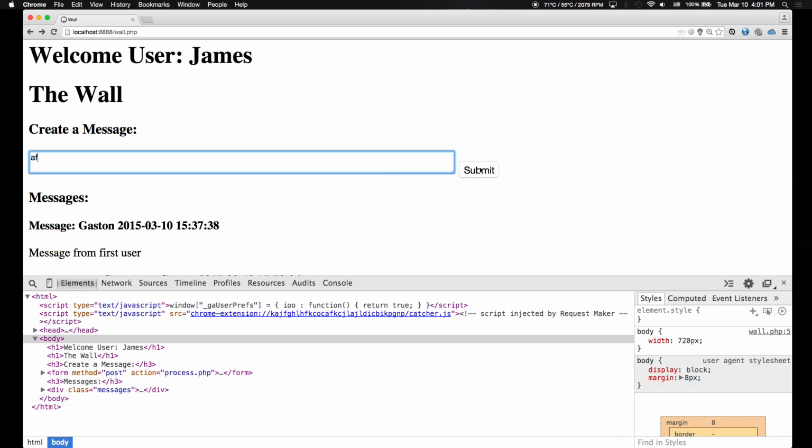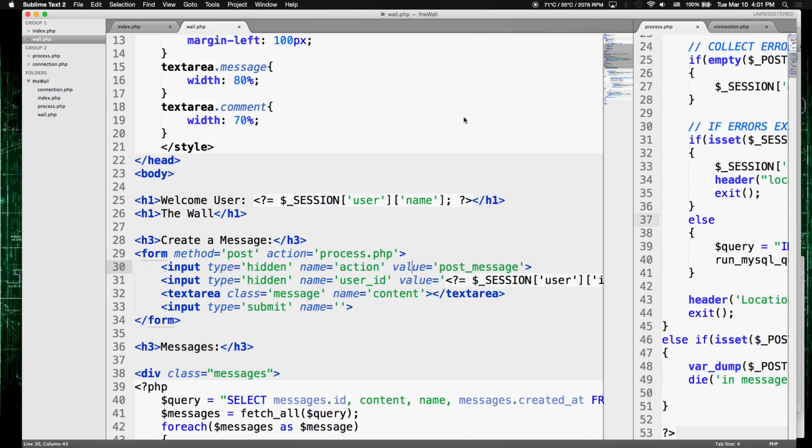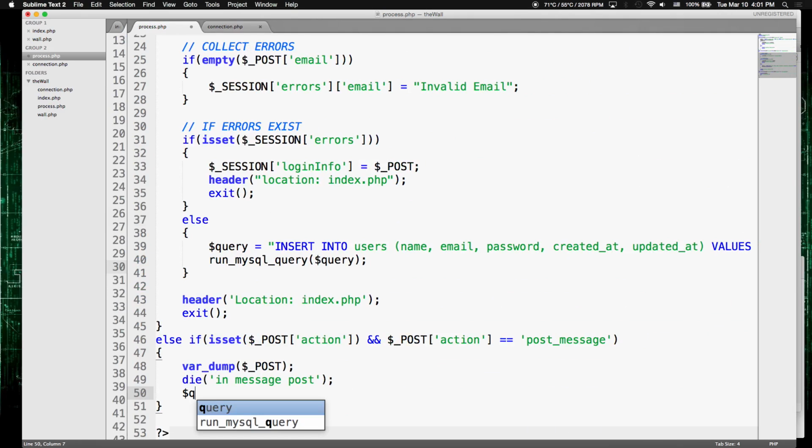Go back, refresh this page, type something in, submit, and there it is. That's what I'm posting to it. I'm posting an action, user ID, content. Excellent. So if I'm posting that and it's getting to here, we just need to create a query that's set to insert into messages. Oh yeah, the values, which is